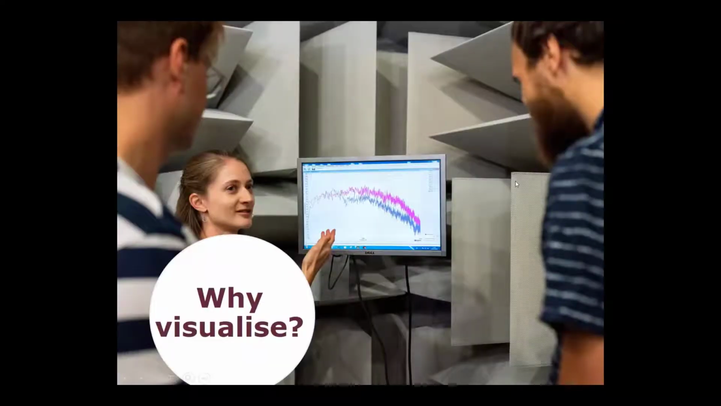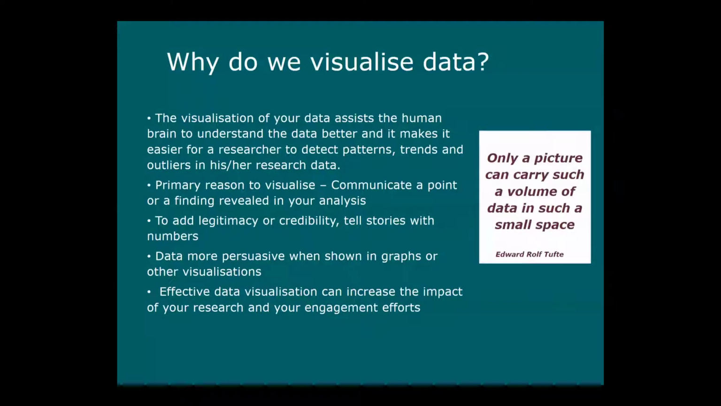Okay, the first question that we will ask here is, why is it important to visualize? So here are just a few things we can look at on the importance of data visualization. Firstly, the visualization of data assists the human brain to understand your data better, and it makes it easier for you as a researcher to detect the patterns and the trends and outliers in your research data. And the primary reason to visualize will also be to communicate a point or a finding that's revealed in your analysis. And then, of course, to add credibility to your research, to tell your stories with numbers and